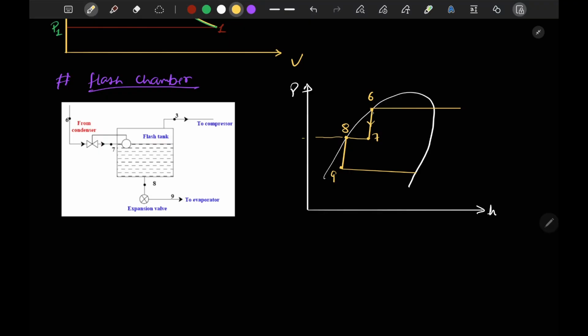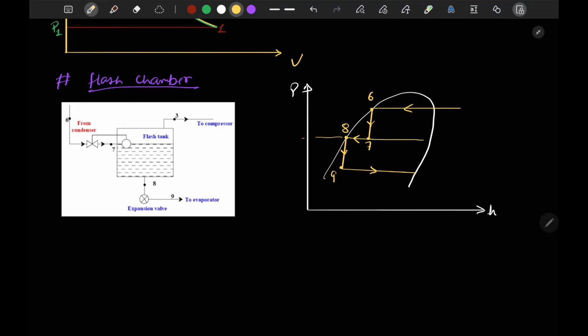So this will be 6 to 7 throttle, then 7 to 8 is the conversion into liquid refrigerant. Now this is 8 to 9 throttle again, and 9 to 1 is the evaporator. And here it is coming from the condenser. Now one more point I would like to mention is that from 7 it is also moving to the compressor,